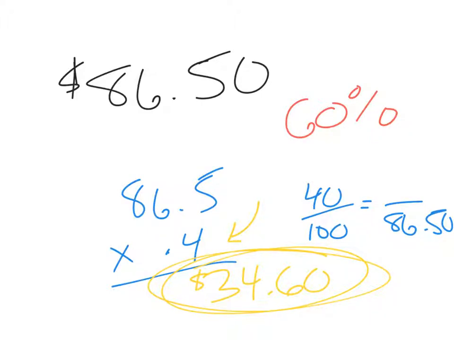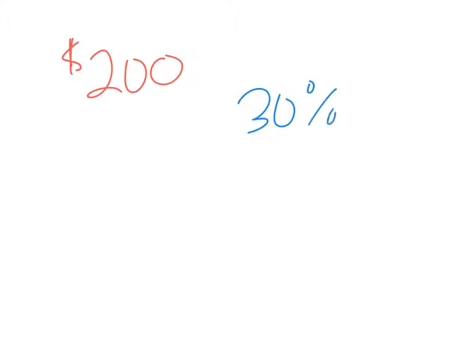So again, looking at a completely different example. Let's say the full price of an item is $200. And let's say, well, I don't want to use 40. Let's say 30% off. So it's 30% off today. So we can approach this in a number of different ways. Here's our first option. One, you could ask yourself, well, what is